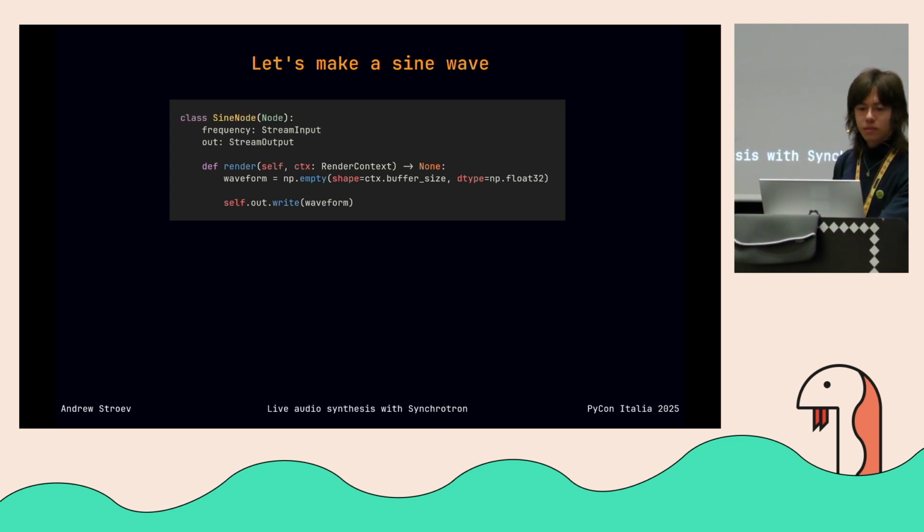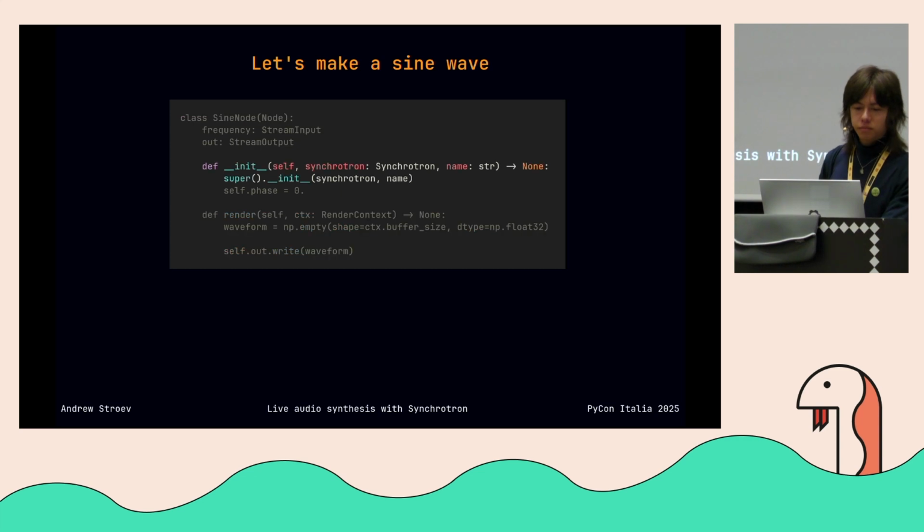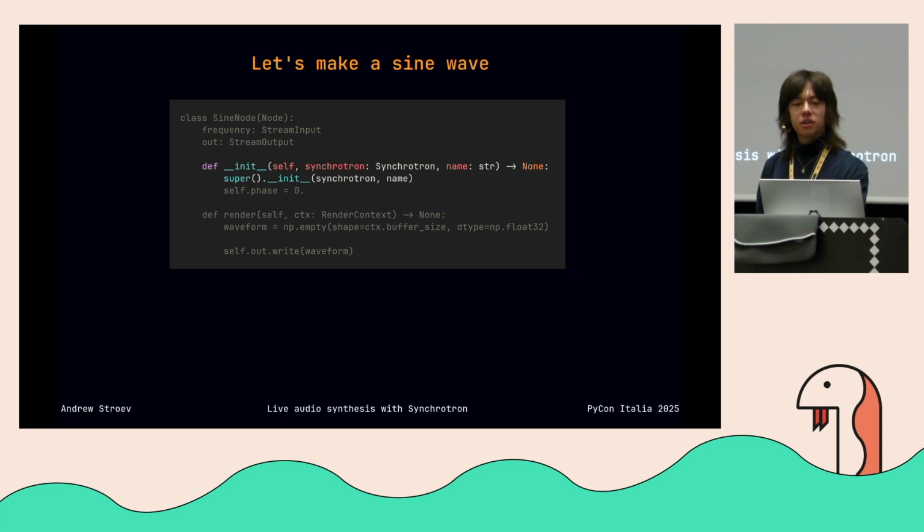So let's now actually produce that sine wave. So I'm going to add a constructor. This is just standard Python stuff. The node takes 2 parameters. One of them is this Synchrotron parameter, which is a global object that holds the state of the entire program, and the other being the name of the node, since each node needs a unique ID for the program to keep track of. Those are just being passed into the constructor, which isn't particularly interesting,